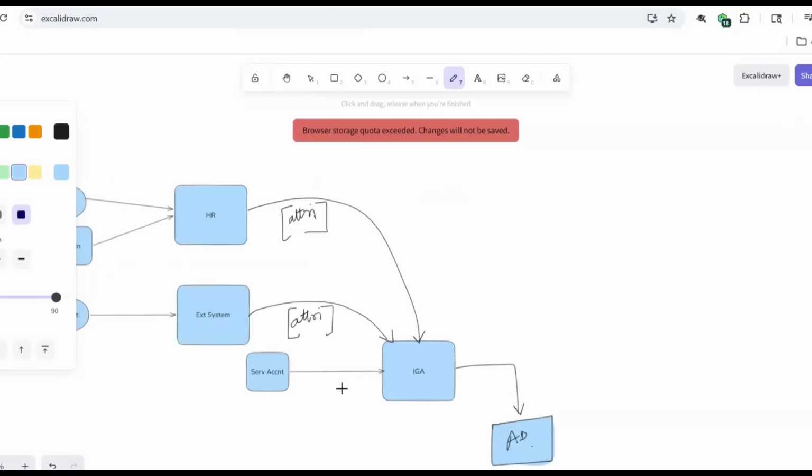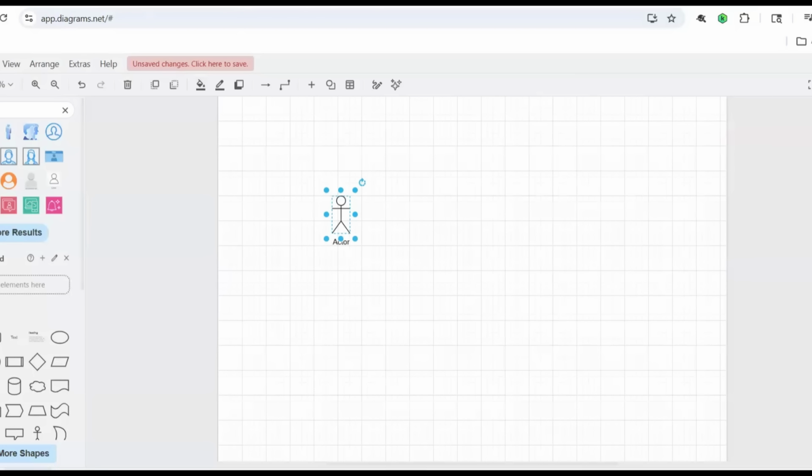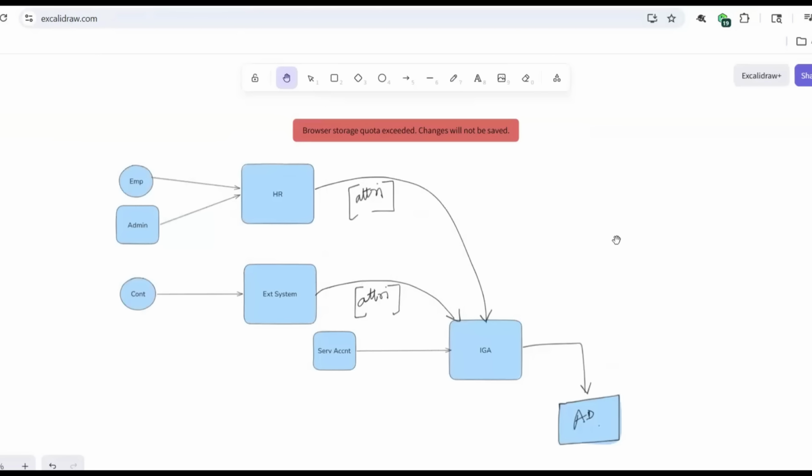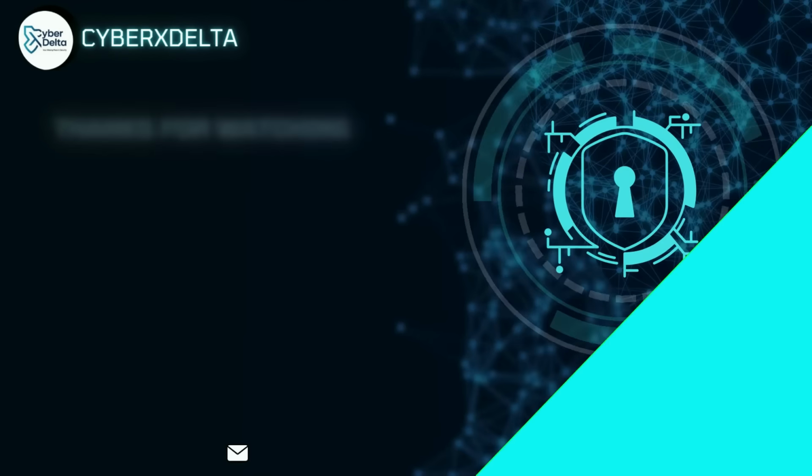this is what you can put together. You can use Excalidraw also, but once you are comfortable, you can move to Draw.io. Okay, so here is the first one, the identity sources and how different identity sources are